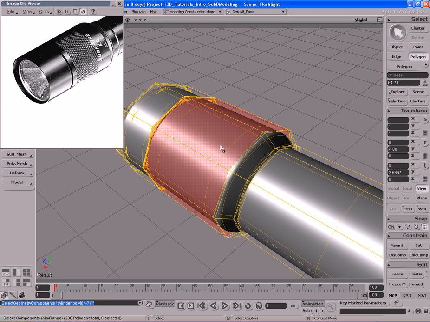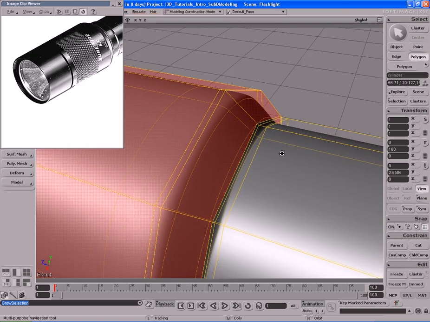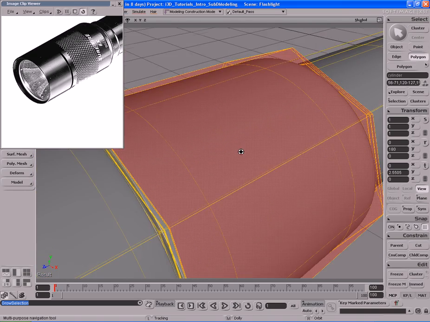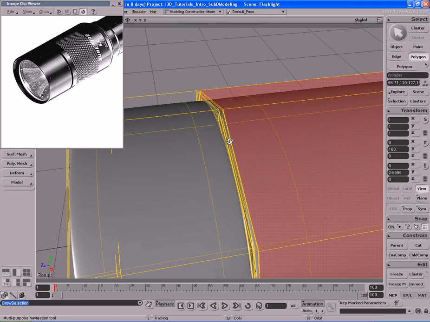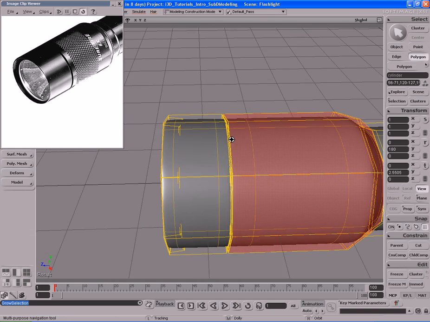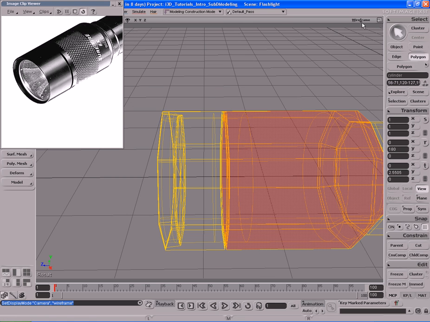Now what I'm going to do is hold down Shift and hit the equal sign next to the backspace key to grow the selection a couple of times. Now I don't want the selection to grow too far out, just a little bit. Now over here, I see that I still need to select some of these polygons. So what I'm going to do is switch to a wireframe mode,